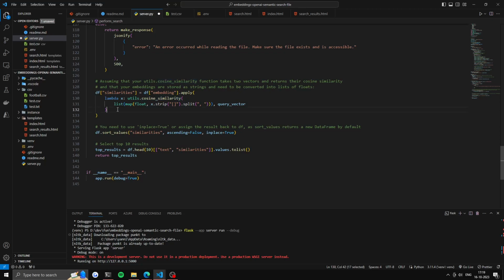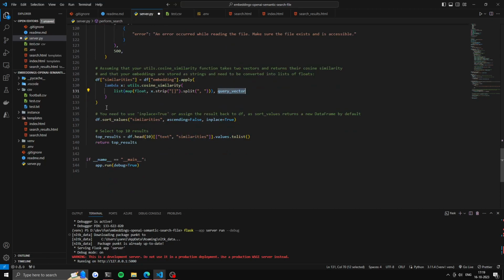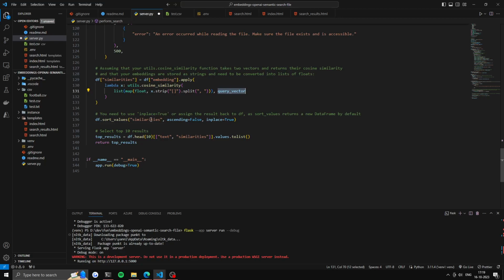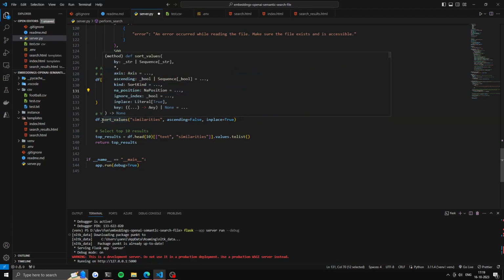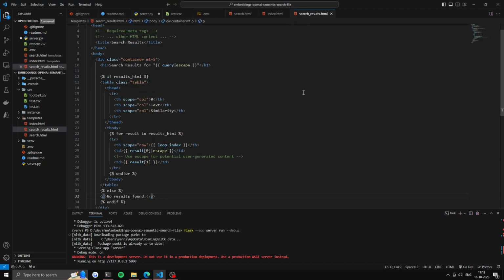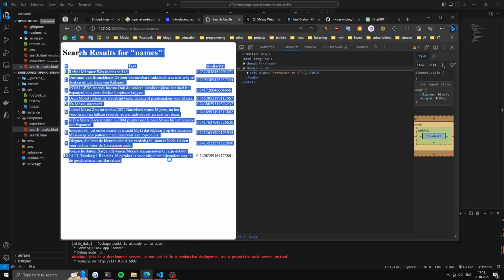I'm not sure. Essentially, it does some sort of calculation using your vectorized query to get the most similar results back inside of a different column. And that column looks like this. These results. And then I sort the values in my data frame by similarities in descending order, and then essentially I give that list back to my front end,